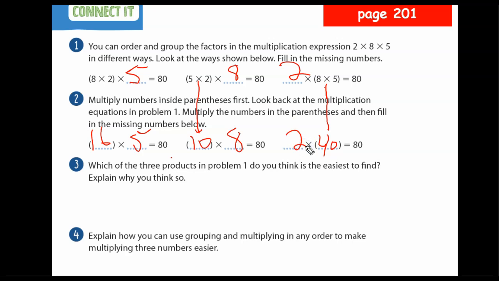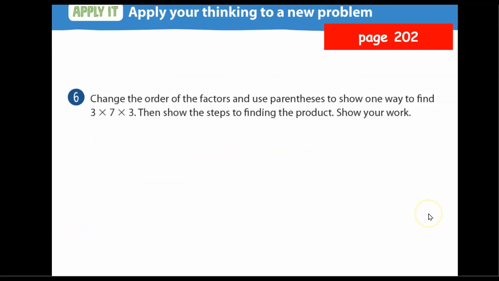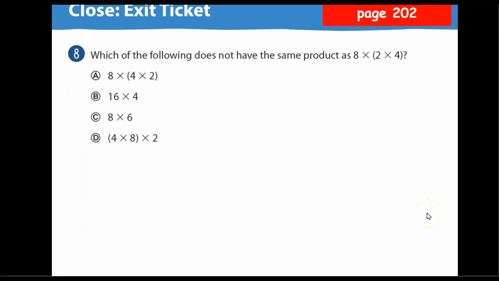Okay, it says which of the 3 products in problem number 1 do you think is the easiest to find? Probably, I would say this one. We said this one right there, right? Okay, because we know what 10 times 8 is. We know our 10s. It's a lot easier to multiply with. So go to 200 and